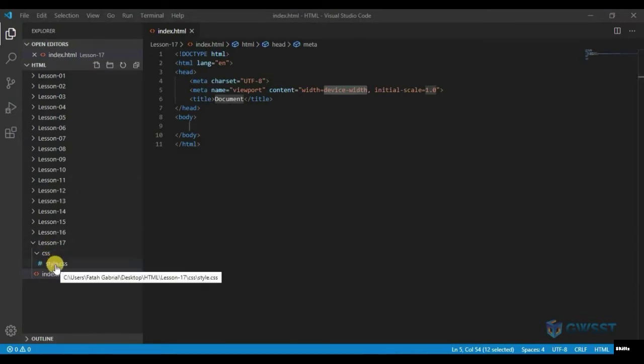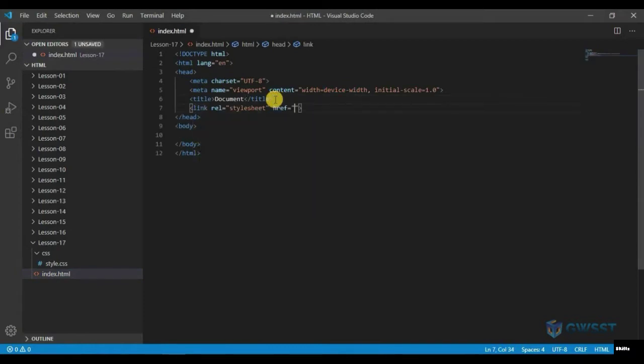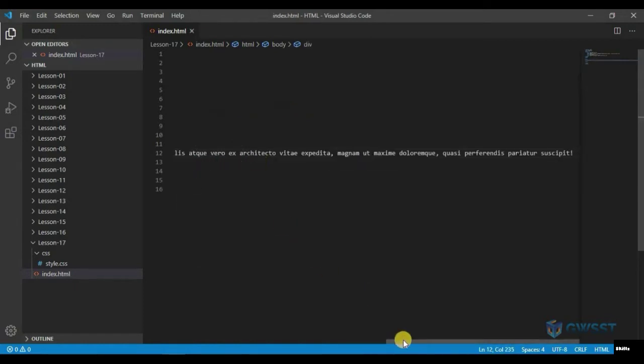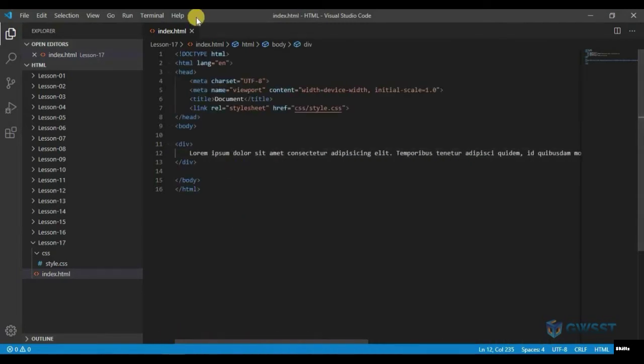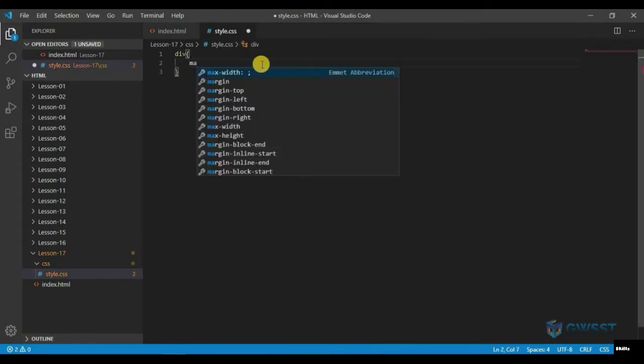What I have done is I've created a CSS style. I'm going to link that, say link relative, Control and spacebar, and we have CSS and style.css. So let me create a simple box model. I'm going to create a div, and inside that let's add some lorem. Okay, so let me just move this, and in my CSS I'm going to say that the div has a margin